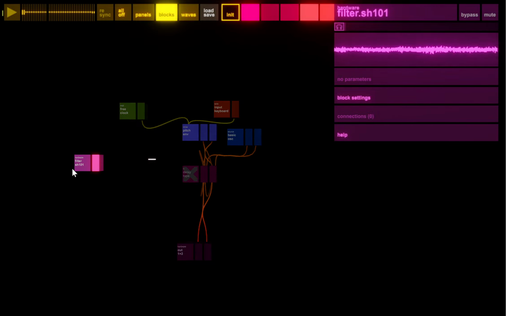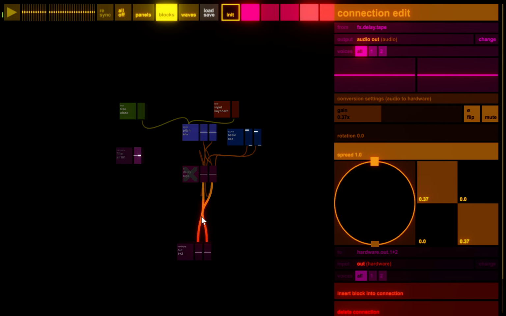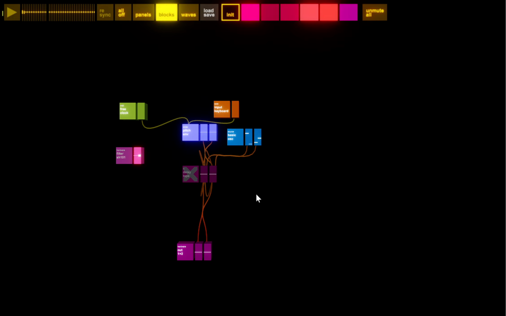Also, with regards to this stuff, you can also define substitutes. So in my hardware file, I've told it this SH101 filter is a filter. If it's not present, it will load up a software equivalent. So if I get to a gig and my synth doesn't make it off the plane or whatever, I can literally just play the gig on software and it will drop into every song. It will just reconfigure around what I've got and what I haven't got. If something blows up, I can take it out of the hardware file and Benny will just reconfigure himself around it. Okay, did I demonstrate?